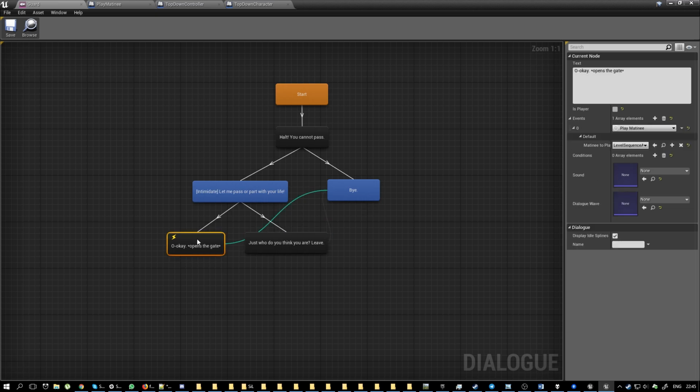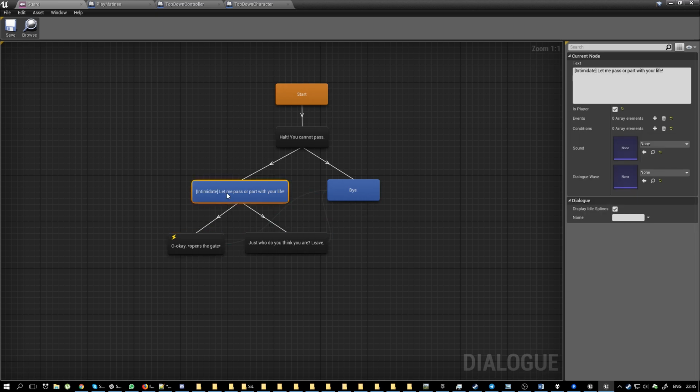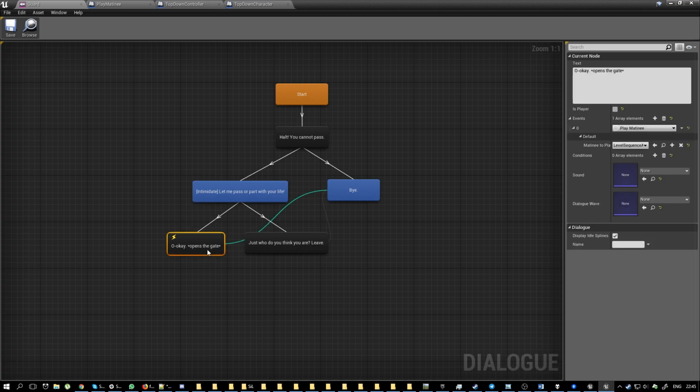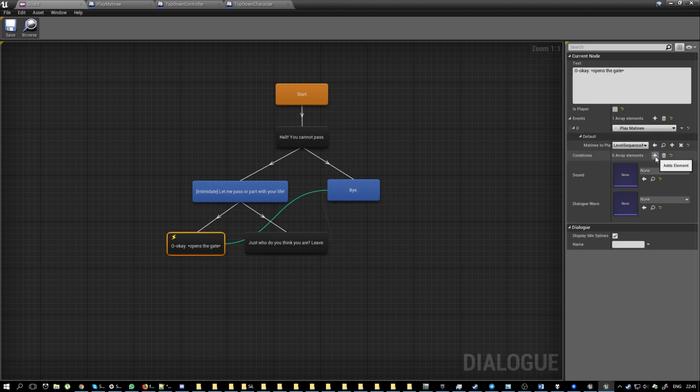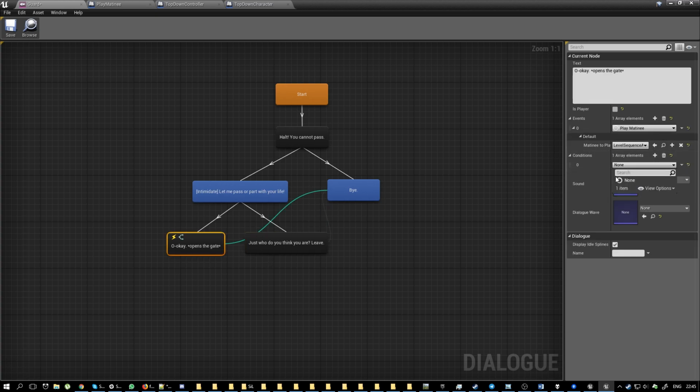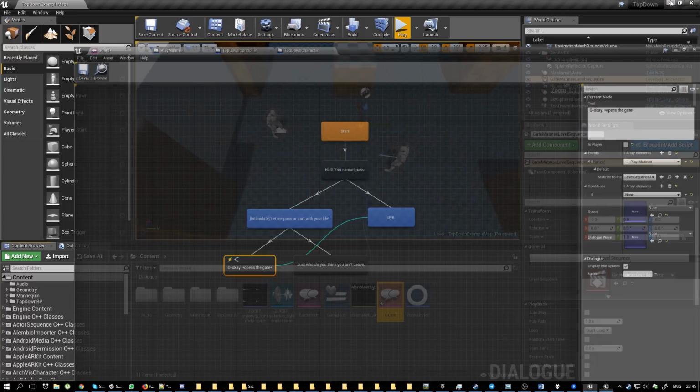As you can see, there are two NPC nodes that have the same player node as parent. Right now, the dialogue will always enter the first node. However, when we add a condition and it's not satisfied, the dialogue will go through the next node instead. Let's add a condition.